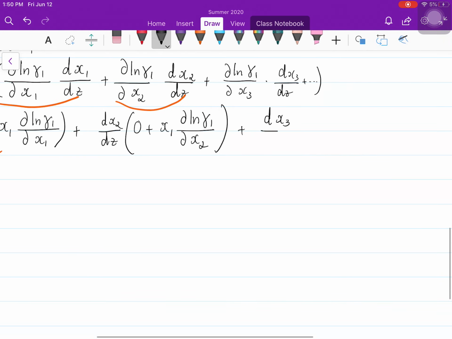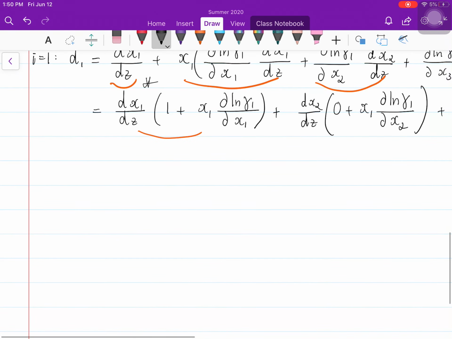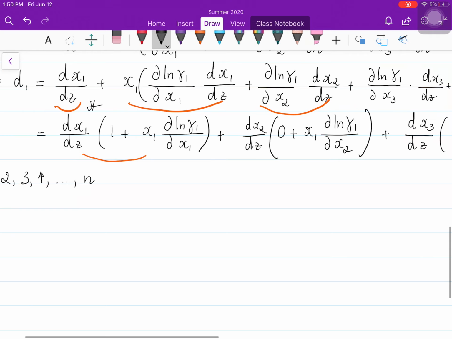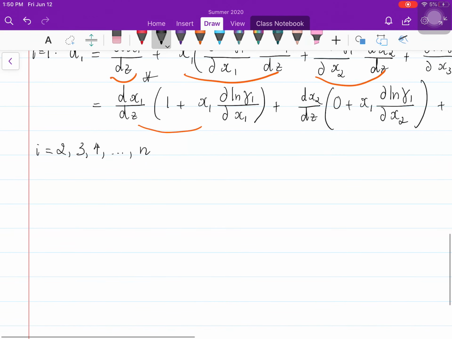Similarly, we have that for the third component too, etc. Using the same method, we can calculate the driving force when i equals 2, 3, 4, until n. So seeing the pattern of the equation, I can rewrite the equation in a shorter form